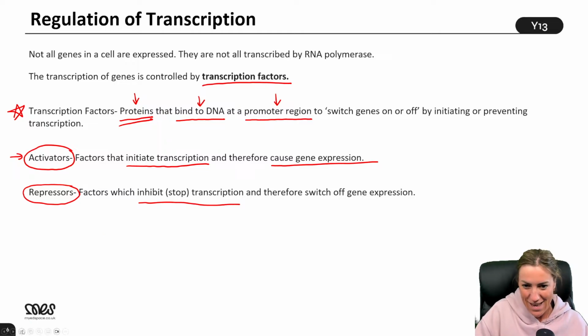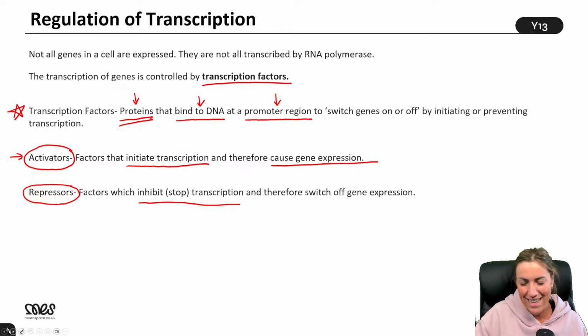Okay, why is this done? It's exactly so we can switch genes on and switch genes off, because not all genes want to make all proteins, right? In some cells, you don't want to make that protein, but in other cells, you want to make lots of that protein. So we can regulate transcription to control how much protein they make, whether they make that protein or not. Is that gene on or off?